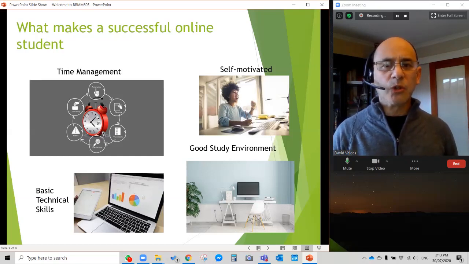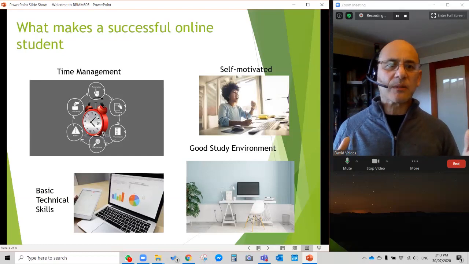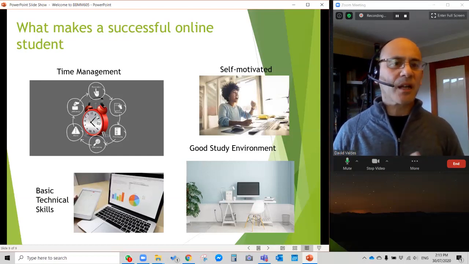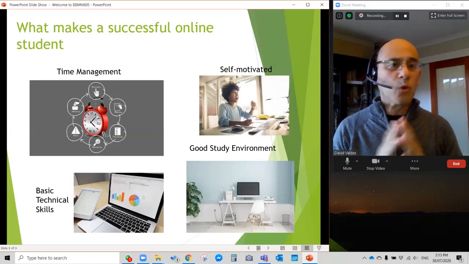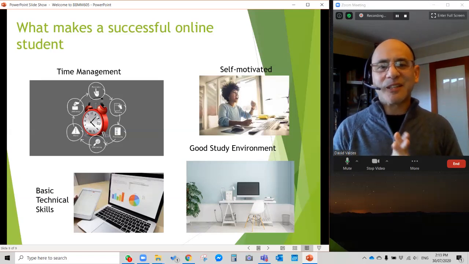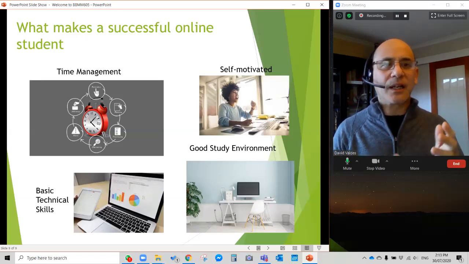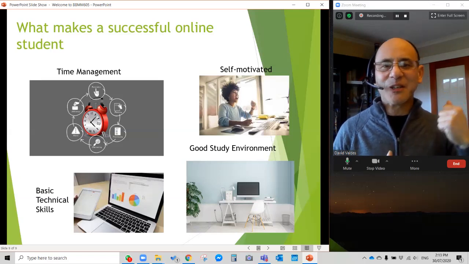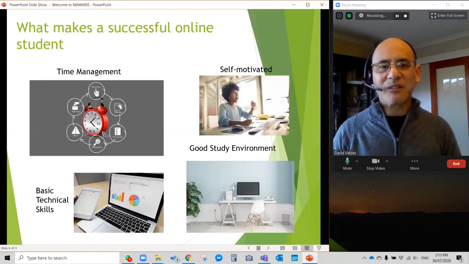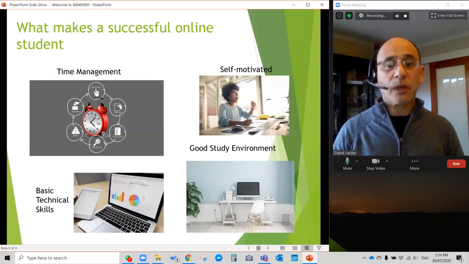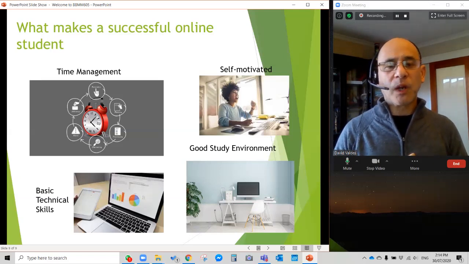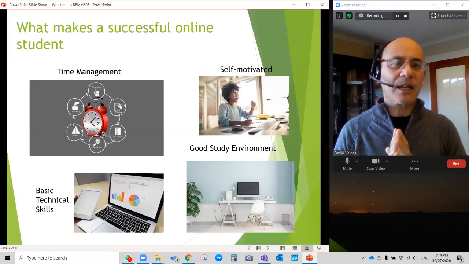It's important to have a good study environment. As the picture shows here, a nice private space is the best. If you can be blocked out from the noise of your household, I know that's sometimes very difficult if you're living with a roommate or roommates, and they're very noisy. Even now, I'm working from home, and I can hear people in my household talking in the background. I guess that's just part of the new normal. But it's really good if you can find a private place where you can concentrate. And that's really important, that you're able to concentrate while you're taking a class.